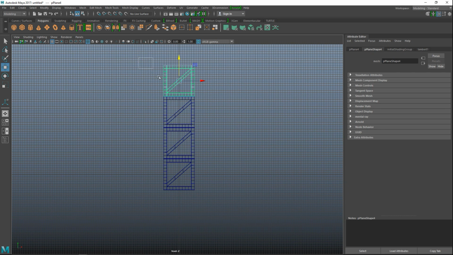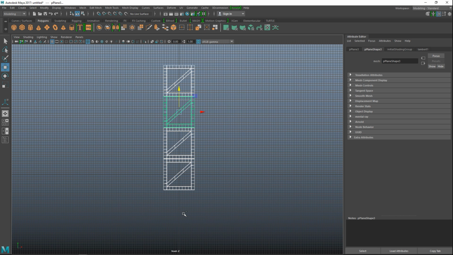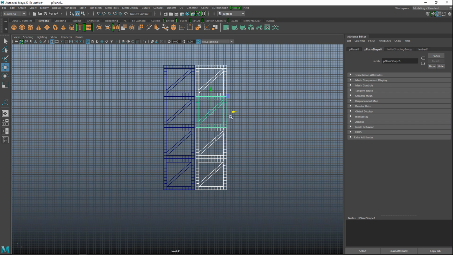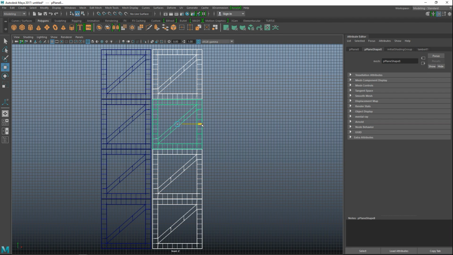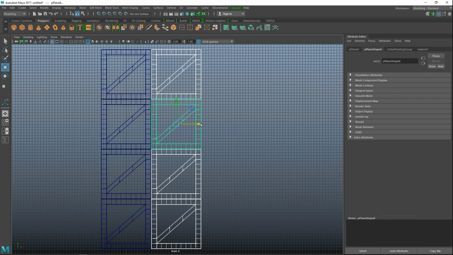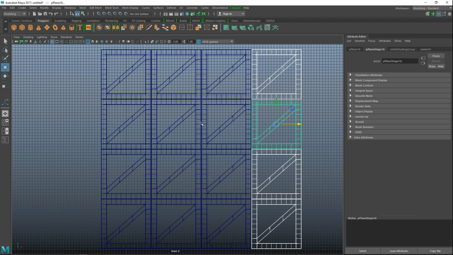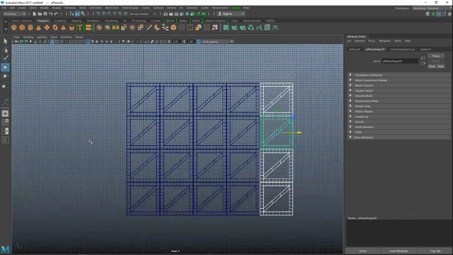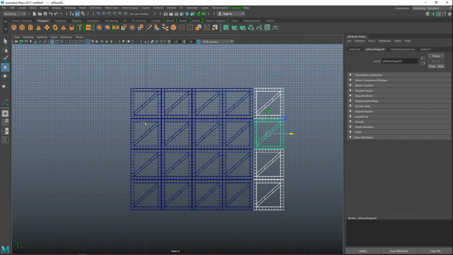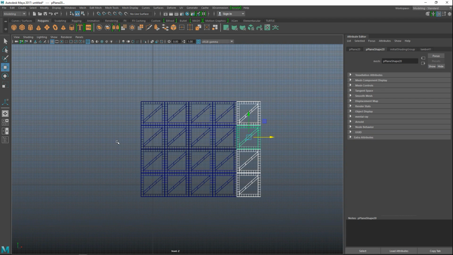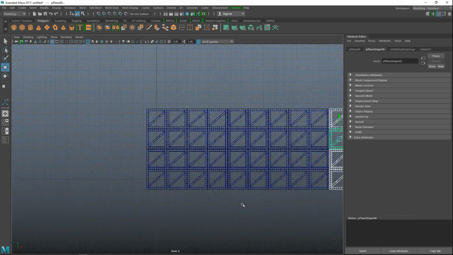So now that we have 4, we're going to drag select, Control D, we're going to move that over. Once again, F to zoom in. And we're going to hit Shift D and Shift D, and maybe one more, like so. Let's see here, 1, 2, 3, 1, 2. Let's do a bit more. Just gonna do a bunch of these.